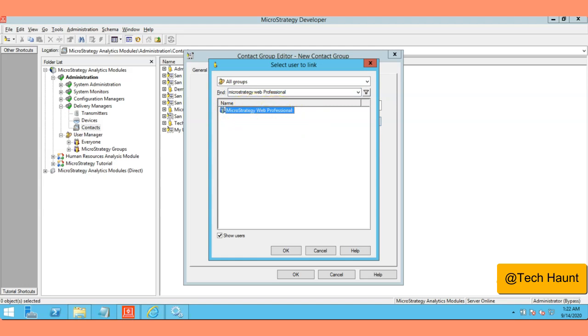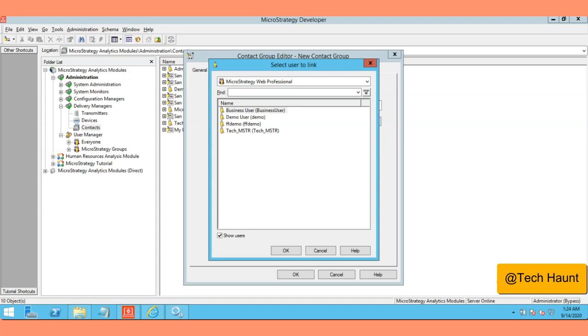From here I'm just going to select this and click on OK. Here you can see the users, whatever users are members of these web professionals groups, we can see all of them. If you have unchecked show users, you cannot see any users, but you have to check this checkbox, so you can find them.